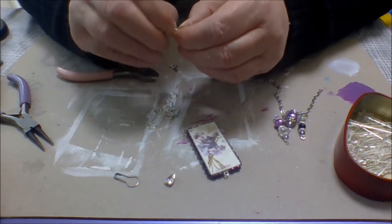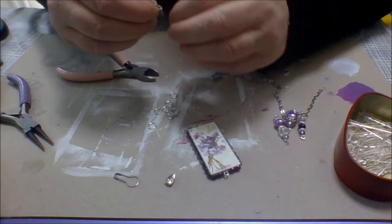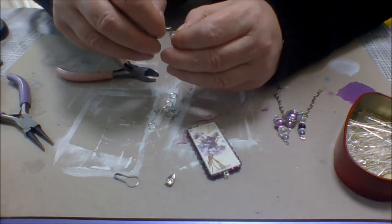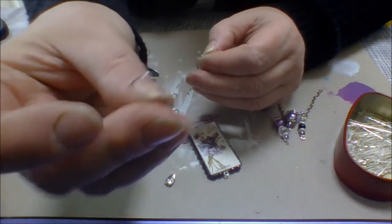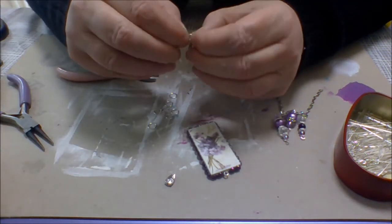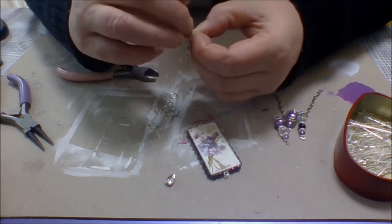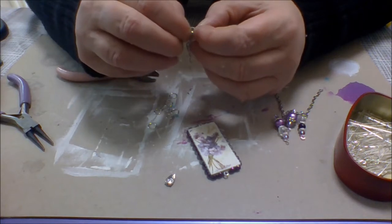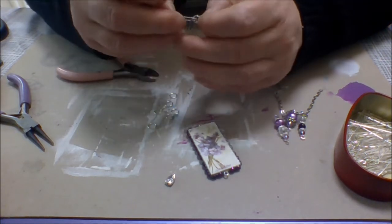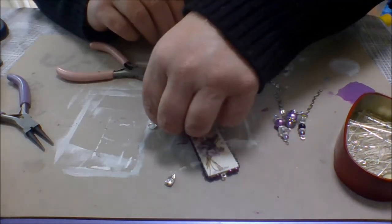And then just open up your split ring, side to side, remember, or front to back. Hook on your chain. And then hook on your pin. And do that back up. Okay? Make sure that's done up properly. You can usually feel them scrape together. Okay, and then what you do,